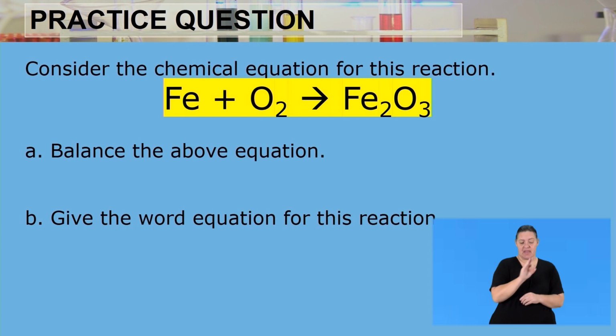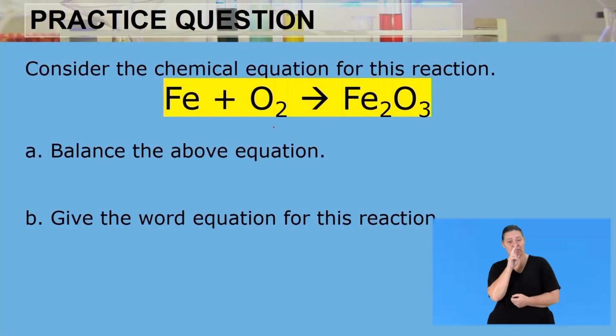So we have Fe plus O2 reacting to form Fe2O3. So we have iron and oxygen as our reactants, and then we have iron oxide as our product. What we're supposed to be doing is to balance the above equation. Remember, in order to balance this equation, we need to make sure that on the left-hand side, the reactant side, the number of atoms there are equal to the number of atoms on the right-hand side, being the